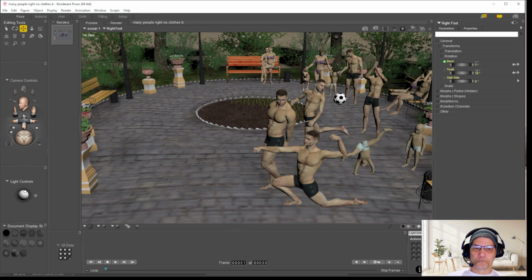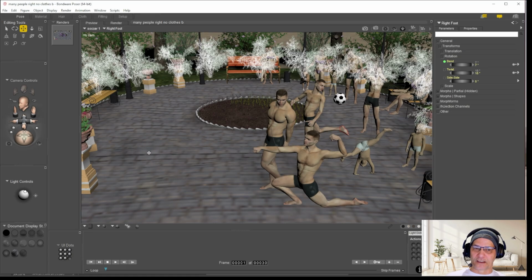So now we're in the stage where we've got all of our different groups fully clothed, and they're all saved under different file names. Now, there's two ways that we can go here. We can go the Photoshop heavy way, or we can go the poser way. I prefer the poser way. So what we do is we go to